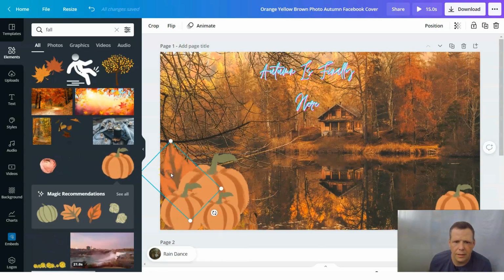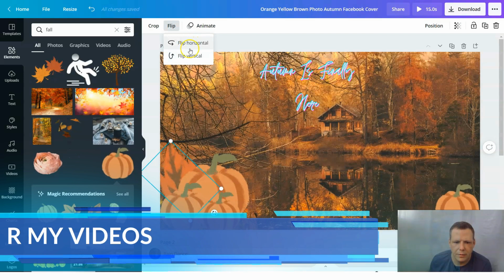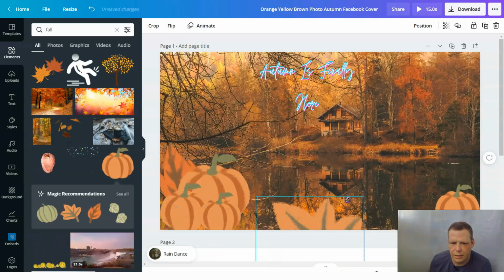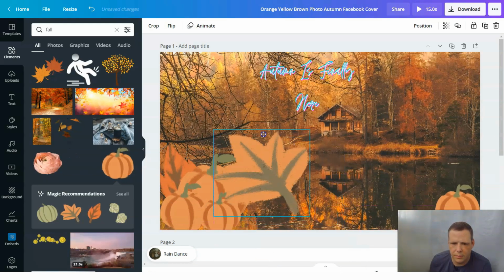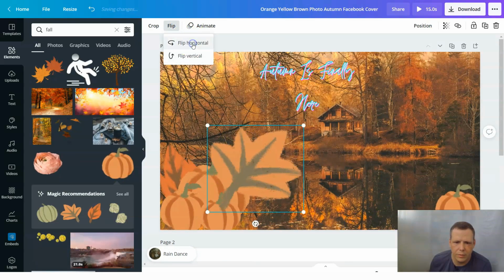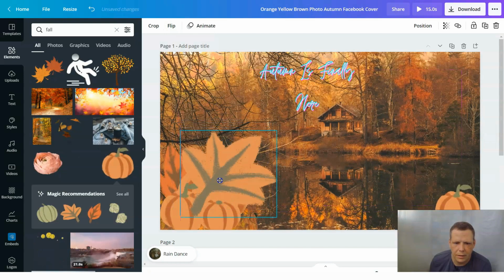And when I select on this, you can see that I have a flip option. I can flip it horizontal, or I can flip it vertical. Flip it horizontal, flip it vertical, right? The same, and you can move it around. So let's say now I have another one. I can drag, drop, make it a little bit smaller, and I'm going to flip it before I send it. So I'm going to flip it horizontal, and I'm going to put it right here, about where I would want it,